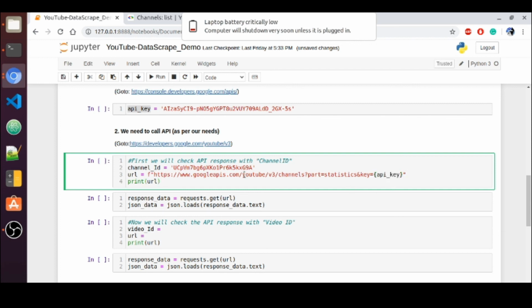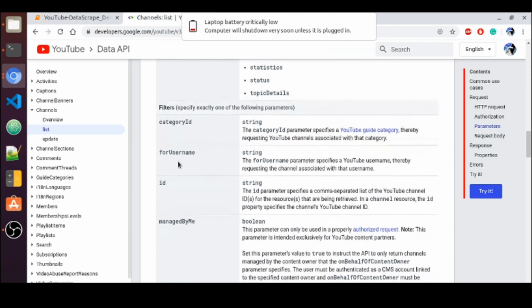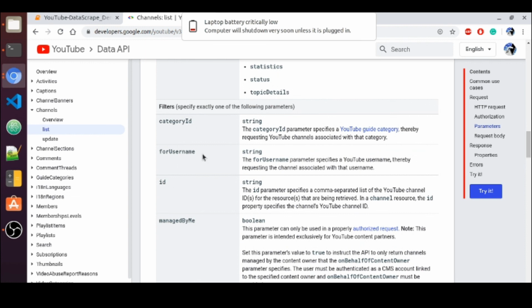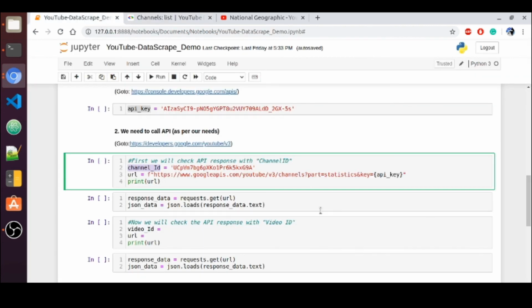And the final thing we have to pass is the channel ID, right? There will be a lot of channels, and we are specific about this channel. We need to filter the results that are very specific to this channel. These are all the different filter options available for this particular resource. I'm going to choose ID itself, since we have the YouTube ID. In case you know the channel username, you can pass that, right? Hope you are getting my point. Since we have only the ID for that channel, I'm giving ID, right? Let me pass that as well.